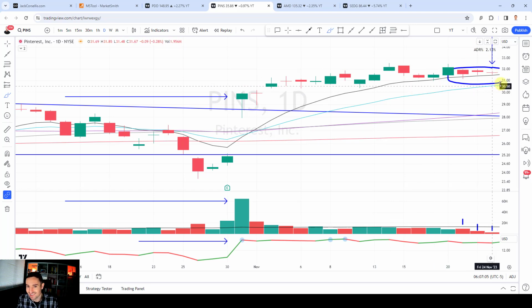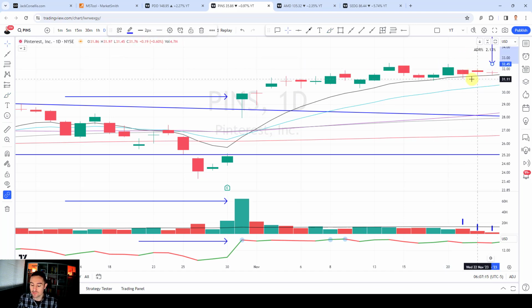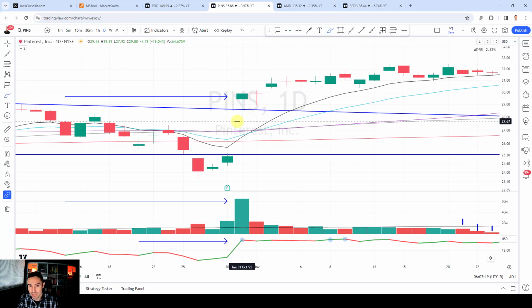So following this tight contraction, this is the Minervini VCP point, right? Volatility contracts oftentimes before a breakout. So we like to look for these areas of contraction. Why? Because we can get a favorable risk versus reward trade on it. So this is what we're looking for. We're looking for a positive earnings reaction. The stock then continued trending up and bouncing off either the 10-day EMA or the 21-day EMA in the vast majority of cases. Bigger bases, like you're going to see on SolarEdge, you may get the 50-day moving average there,